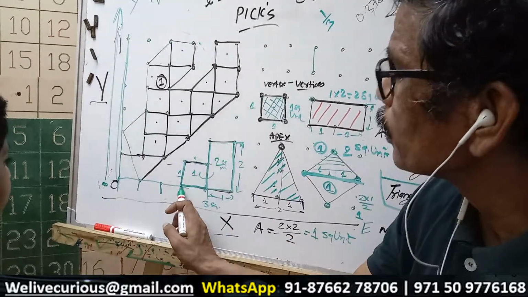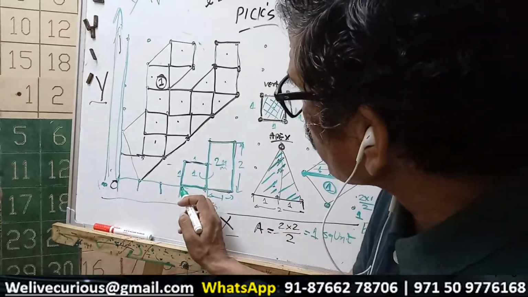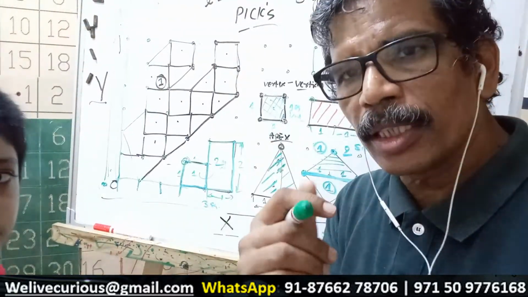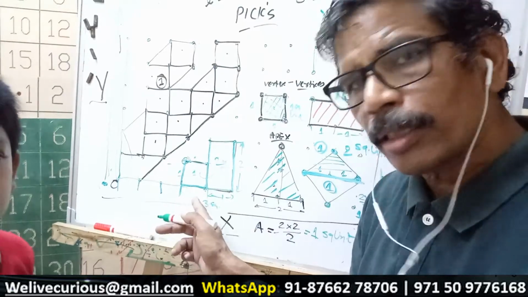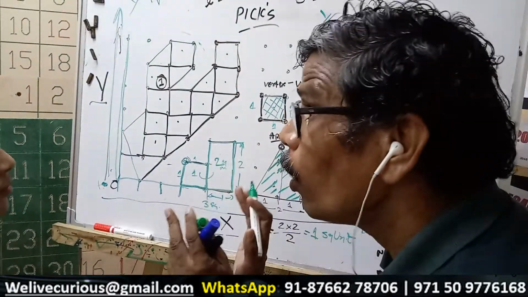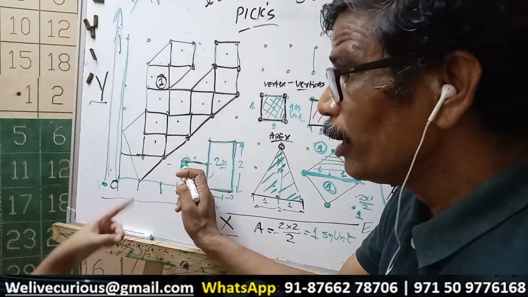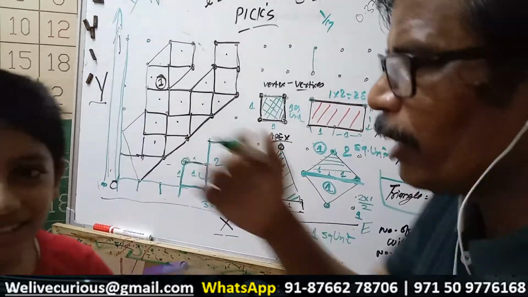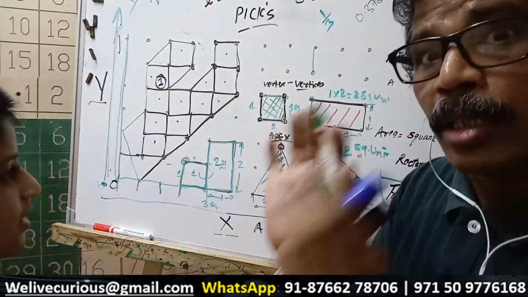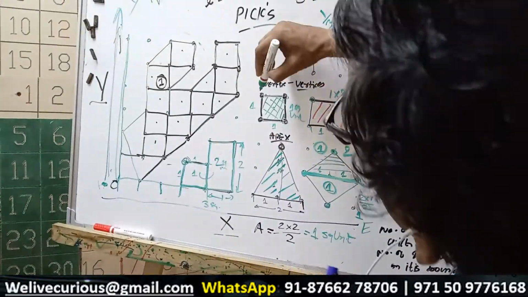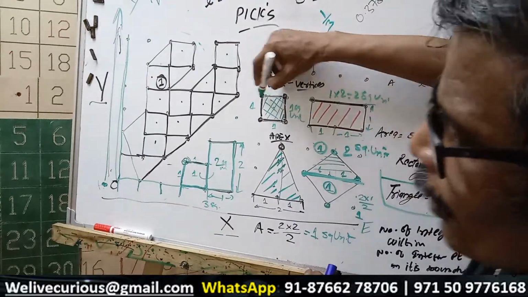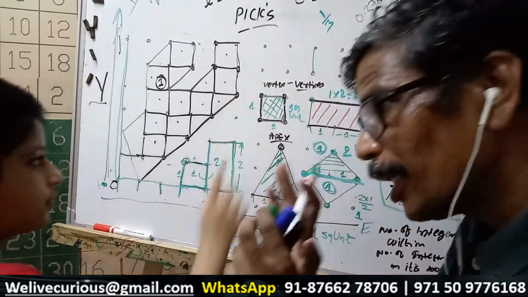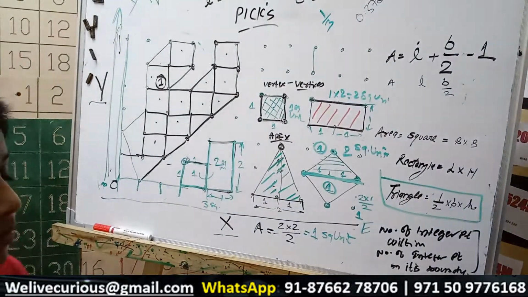So from here you go to this. Now, is each of these coordinates a value like 0.3, 1 by 7, 8 by 7? No, these are whole numbers. See here, 1, 2, 4, 6, 3, 5, 8, 9 like that. So if the values are integers, you can use Pick's theorem.